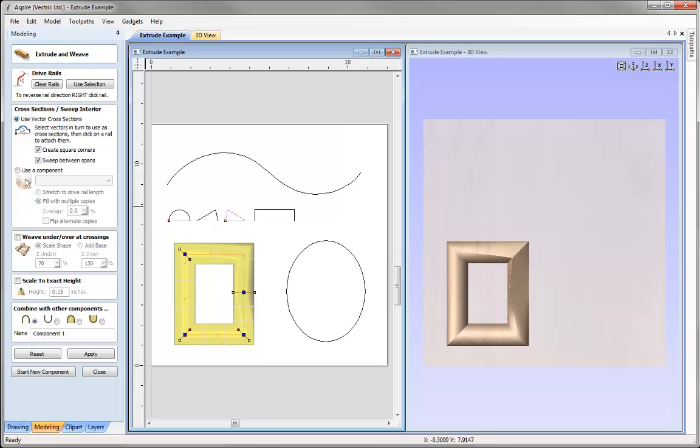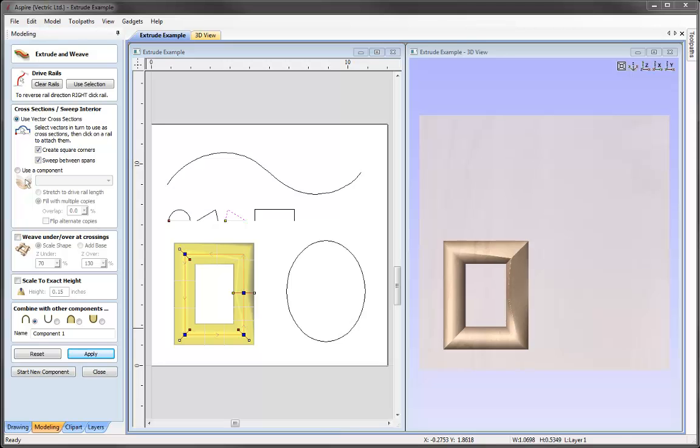Now the one thing that I can't easily replace, and that's the cross section that's at the start point, which is this one here. And that's because when we create a closed vector rail, the start and end points are practically the same. So if I wanted to change this to be a different cross section, the only way that I could do that is to come in up here and clear the rails and then go and reselect the vectors that I wanted instead. So that is a good thing to remember if you're wanting to change the cross section of your start point